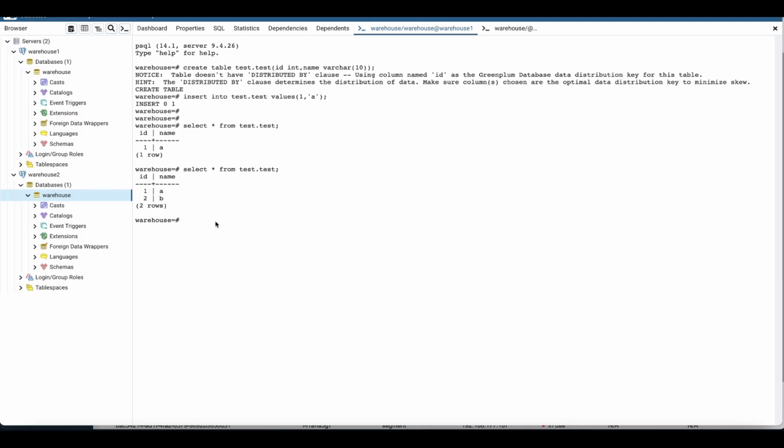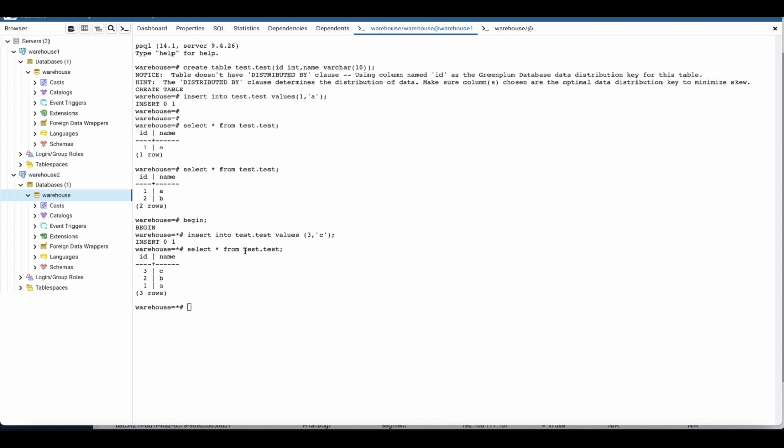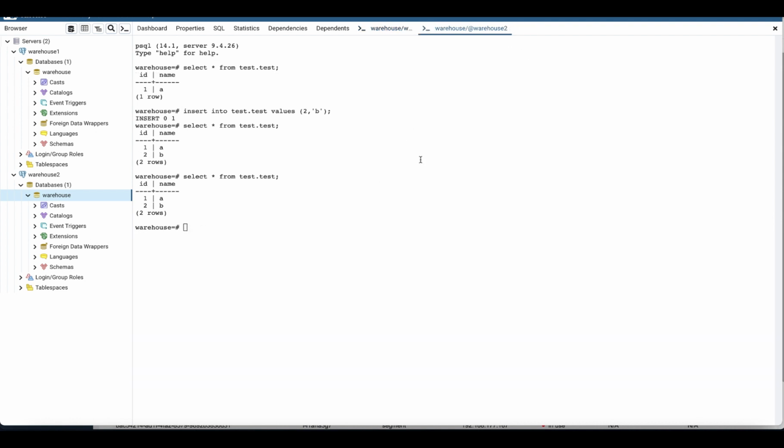Next, let us show the transaction consistency across different clusters in HashData. Start a transaction in Warehouse 1. Insert a record into table test in Warehouse 1. The newly added record can be queried in Warehouse 1. Since Warehouse 1 has not committed the transaction, the newly added record cannot be queried in Warehouse 2. Commit the transaction in Warehouse 1. At this time, the newly added record can be queried in Warehouse 2,